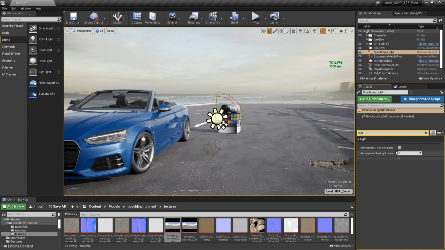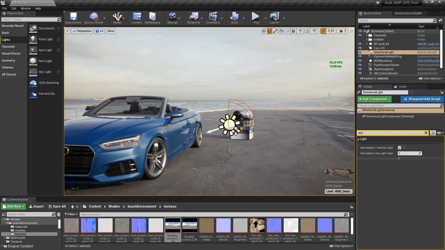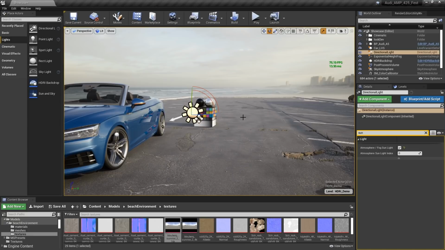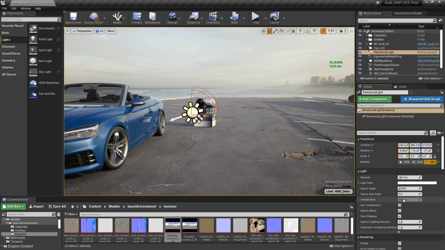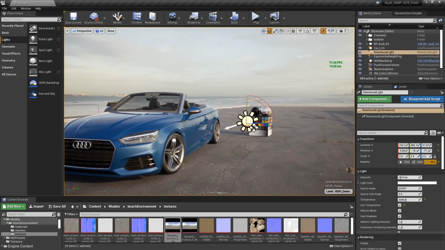So if I just search for sun and turn on that, you can see it just added the warmth into the light. Now, if I wanted to overdrive the warmth beyond what that sun atmosphere is adding in, you can do that. You could go in here and say, I'm still going to use a temperature and put this to 5,200. And even if I put this down to really overdrive it, something like 3000, you can see that you can push more warmth into it if you wanted to layer those two together. So keep that in mind.